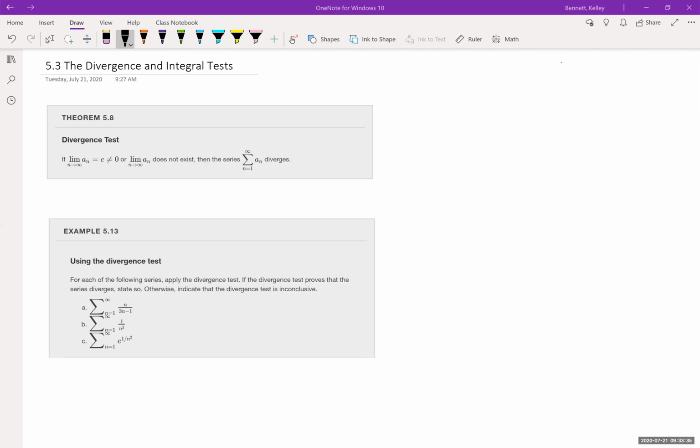So the key thing that I see people often mistake is the following. While it is true that if the limit as n goes to infinity of a sub n is not 0, then the series diverges, it's not true that if the limit does go to 0, then the series will converge. So for example,